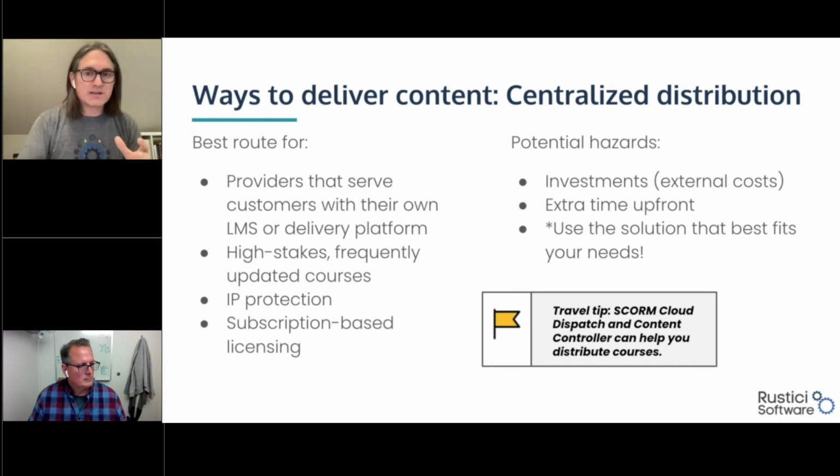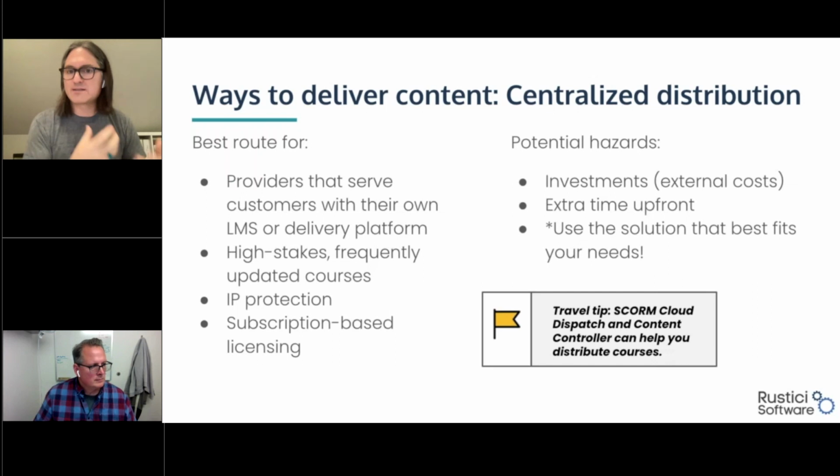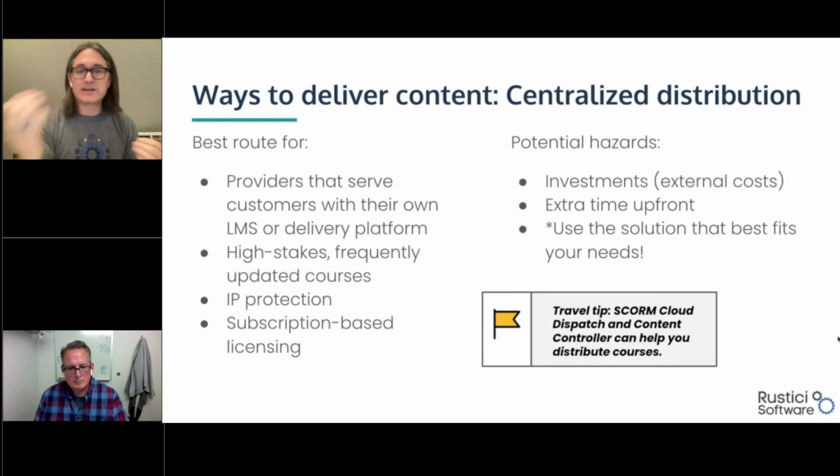When you're not handing over the content itself, when you control who can access it, how long they have access to it for, you can build subscription-based licensing, meaning that they have to have an active license and active subscription to be able to access your content. If they don't, they're going to have to come back to you, perhaps purchase another license, and now we're introducing this idea of ongoing recurring revenue.